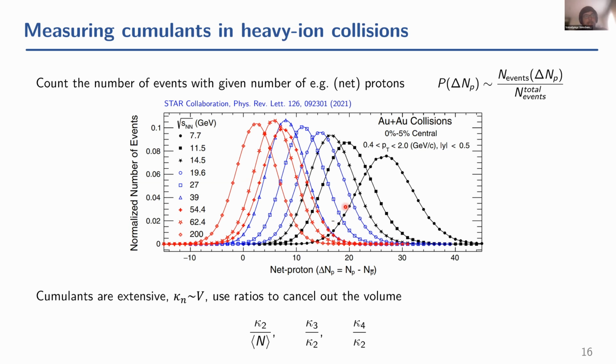So what we typically do is we look at these distributions, and we calculate cumulants from the moments of these distributions, and then we take ratios of cumulants, because by considering ratios of cumulants, we make these quantities intensive quantities, so they don't scale with the total number of particles, or in terms of statistical mechanics with the total volume of the system, because volume is not very easy to control in heavy ion experiments. So if we can get rid of it by considering ratio, this is a very useful thing to do.